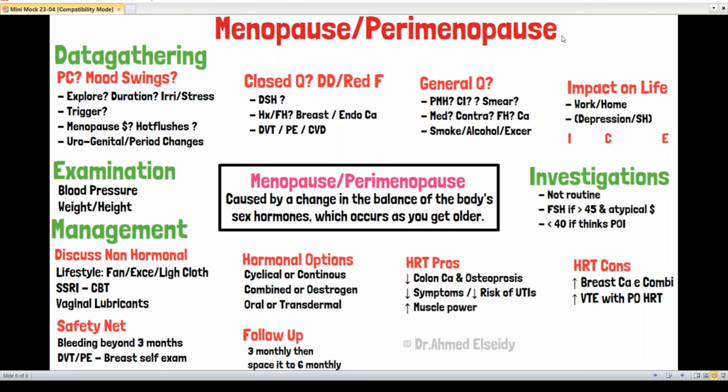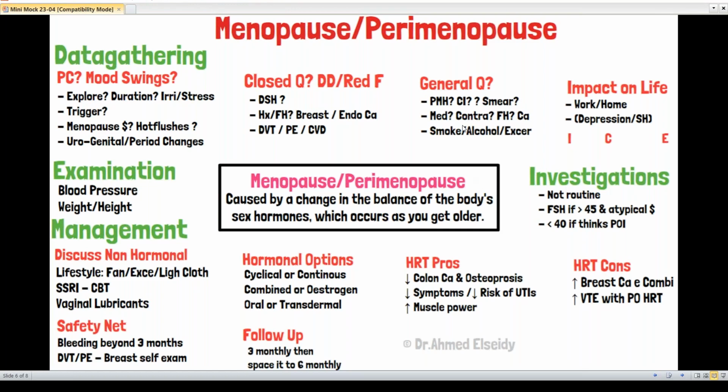If she has a thought in her mind, like she read about HRT, I will start talking about HRT. What does it mean? It's a replacement of the dropping hormone. It does have a benefit. It does have a risk. And then I will ask her, what do you think? Would you like to go for that? Would you like to think? Okay. So this way you get 12 out of 12. This way you follow the guidelines here.